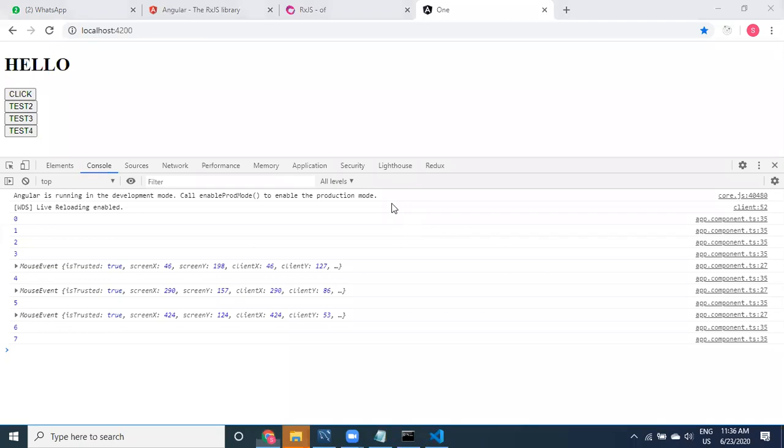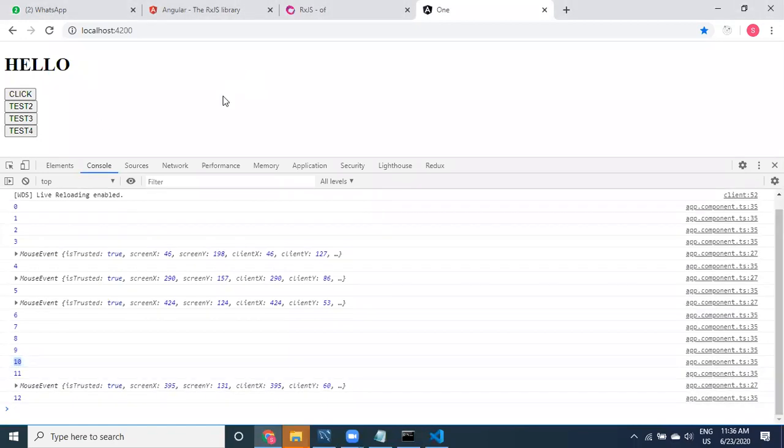See here guys, now test 3 and test 4, I click, so that for every 2 seconds the value is printing. The same way if I click on this one, this is also working. Now can you please tell me guys, all these things are working parallelly or one after another?